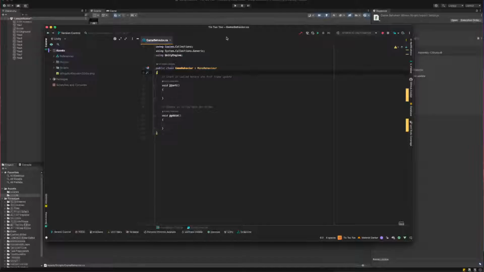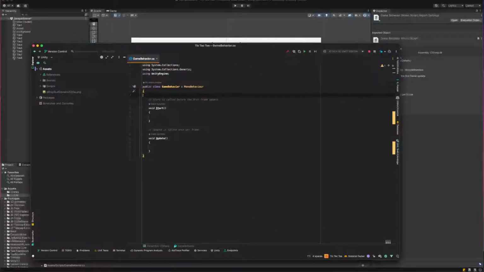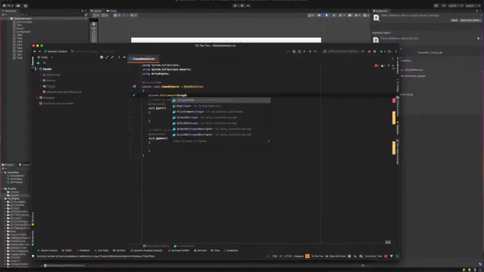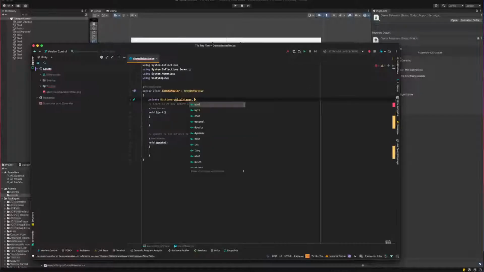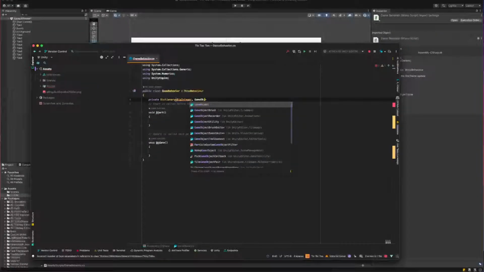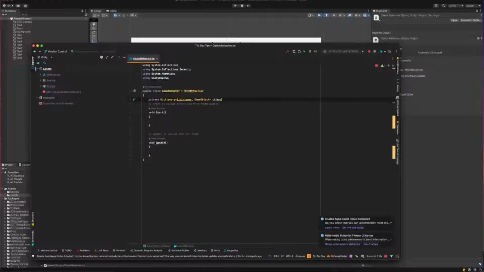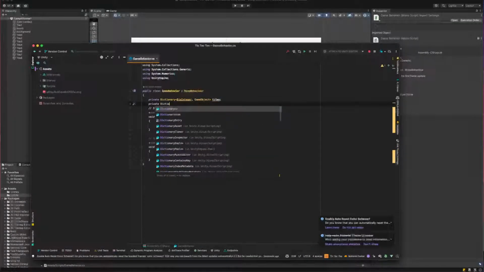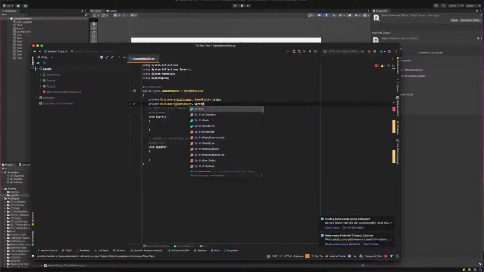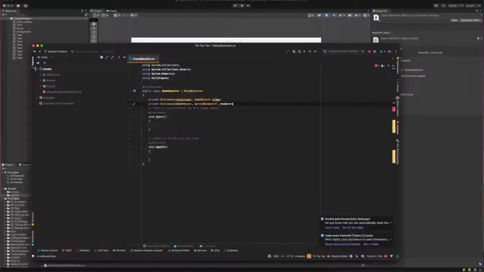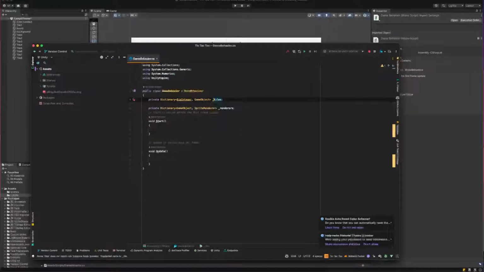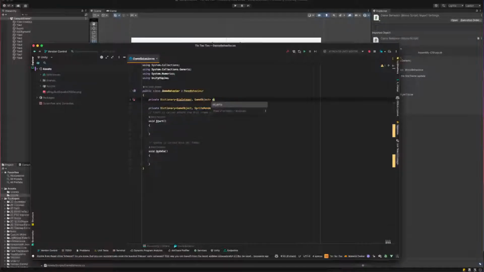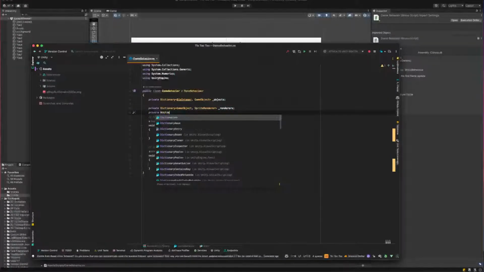Okay, so first of all, we're gonna save every single board thingy. So we're gonna create a private dictionary of integer and tile. So game object tiles, private dictionary of game object and sprite renderers. We should put this with a thing because that's what they like. Objects, and then we're gonna make a private dictionary,